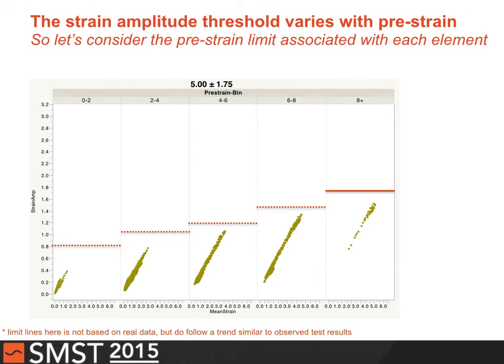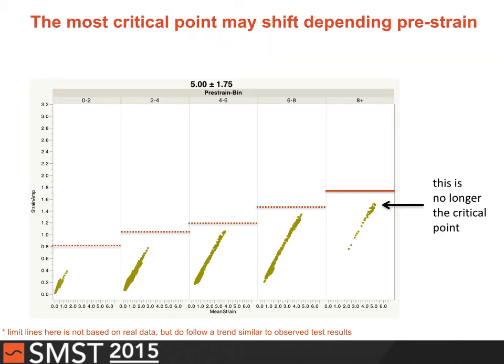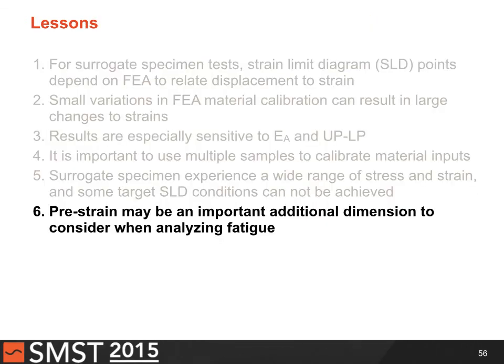So here, again, it's imaginary, just to make the point, but we know that for each one of these levels of pre-strain, there's going to be a different threshold. If this theory all holds together, now I think hopefully you're going to see the point, which is that this is no longer my most critical point. Maybe it's somewhere else now that I'm going to predict failure. So it's confusing, right? The point is that pre-strain seems to matter,